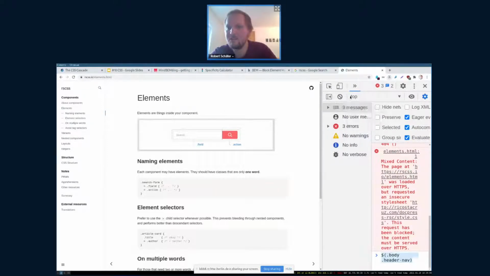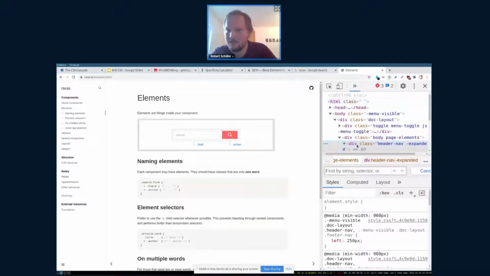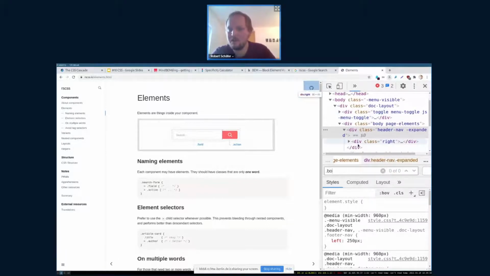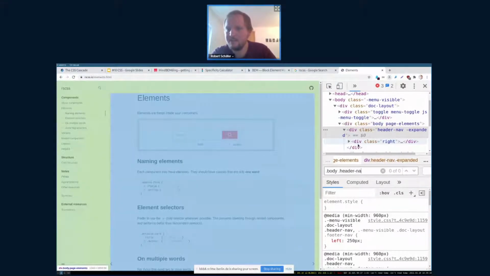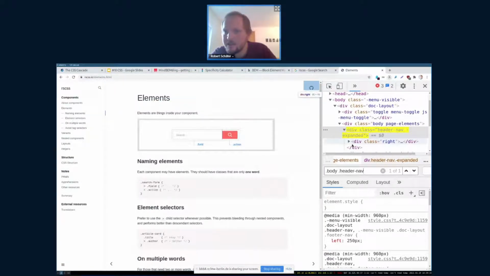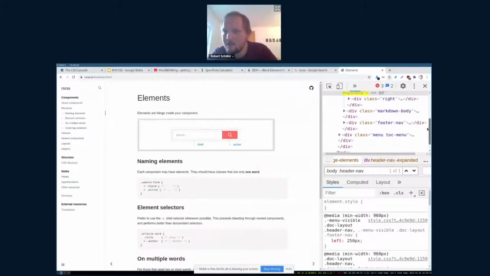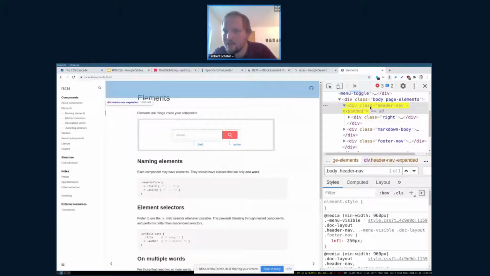Actually, I think I can also do the same thing in this elements tab, right? I can just say Control F, find by string selector. Oh yes, nice. So body, header, nav, and then I select only this one. Here I'm lucky because there's no other element which has